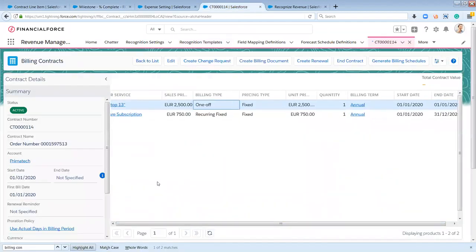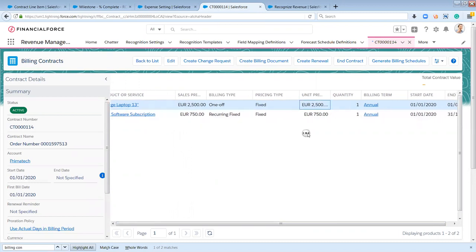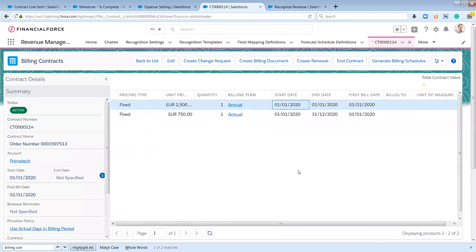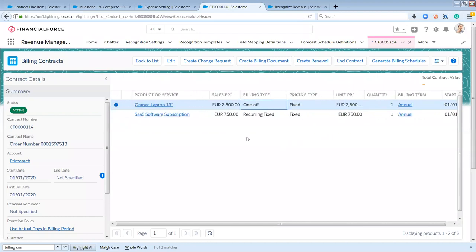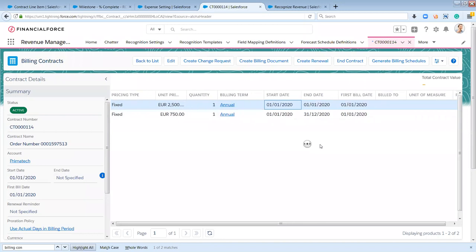I'm looking at a billing contract. So consider an order of a customer buying a laptop where I've specified the unit price, the quantity, and so on. The delivery of this product was made on the order date, so the start date and end date remain the same. The delivery period remains the same. The customer has also bought a license for a software subscription, which I have billed 750 for a year. So the start and end date is obviously then 1 year. Further to the right,